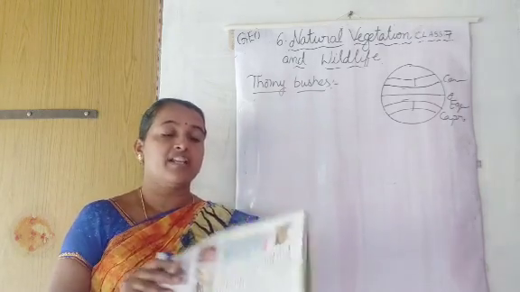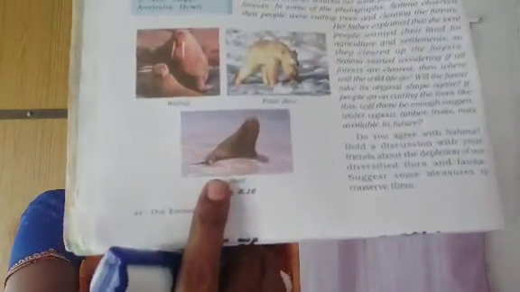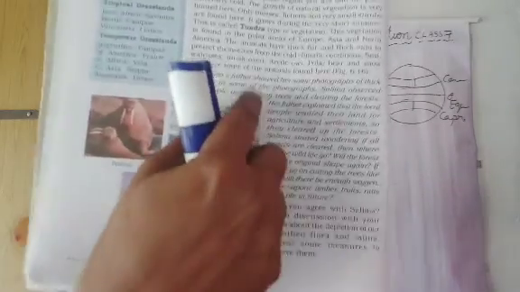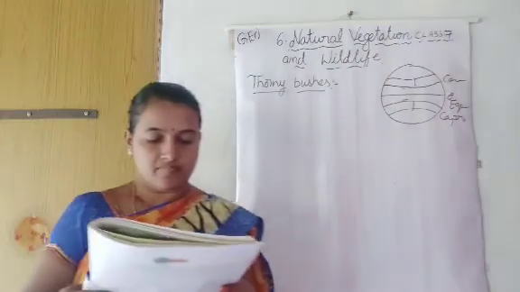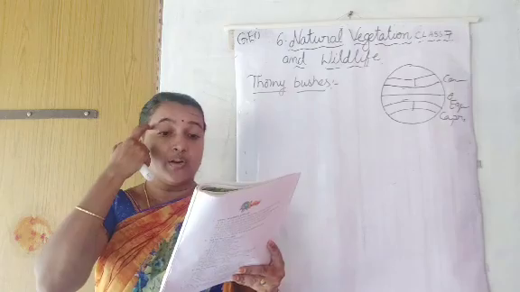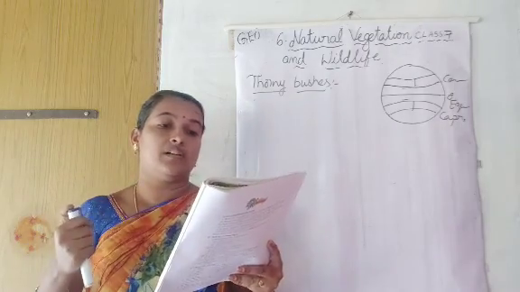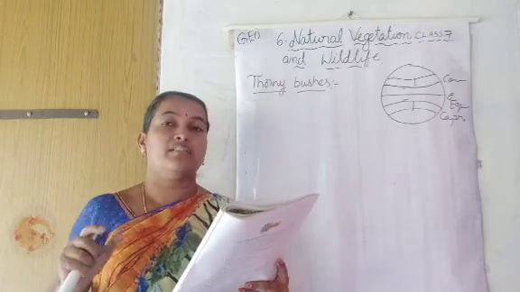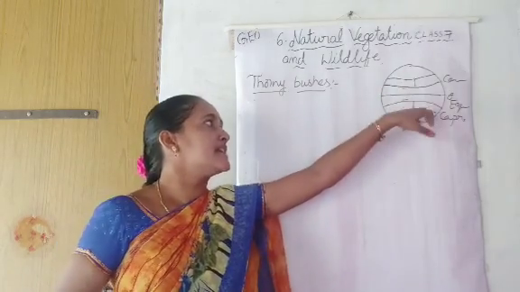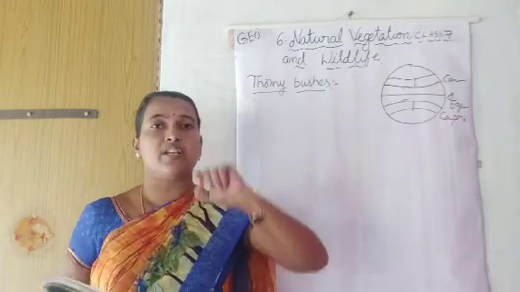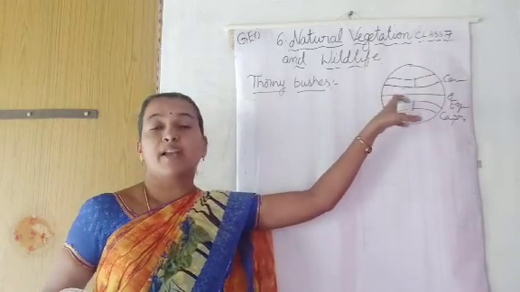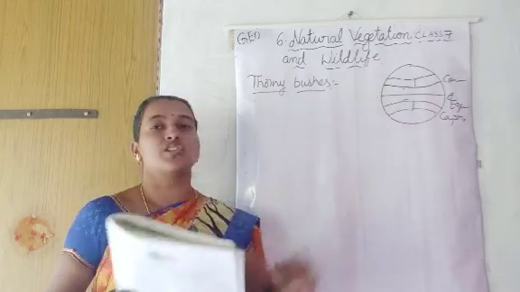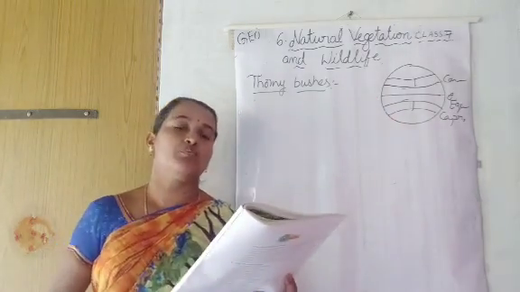Here they have given pictures, you see children. This is seal and this one walrus and polar bear also. It grows during the very short summer. Okay, small shrubs grow only in the short summer. Here the summer season is very short, maybe one month or so. That's why vegetation will grow only during that time. That means small bushes will grow.